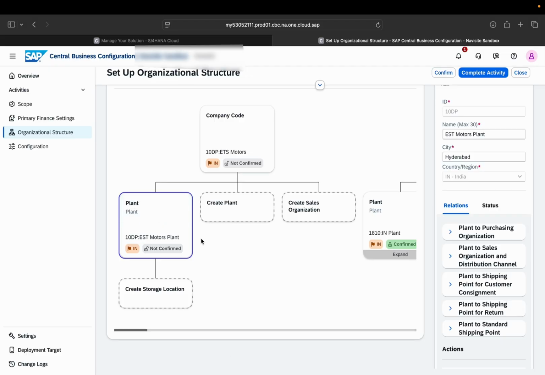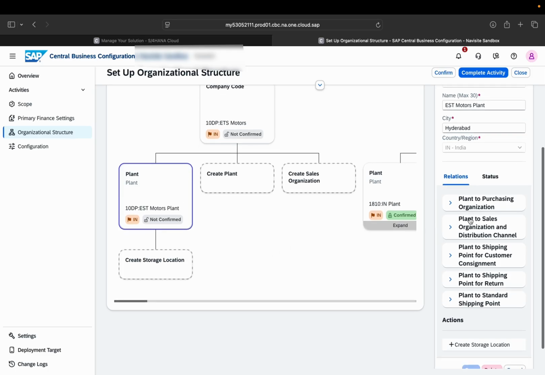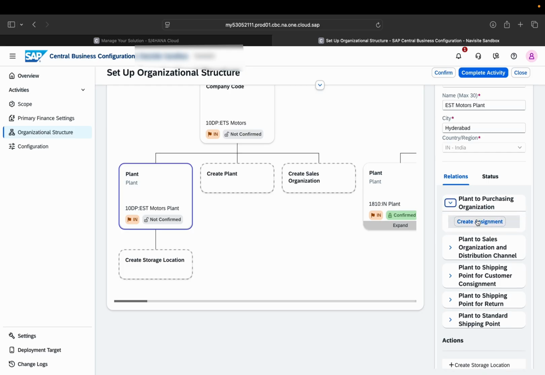Now I want to assign this particular plant to the purchasing organization in order to perform the activity from the purchasing side. Okay, so what I will do is, here in the relations view, you can see, either you can select this and directly go over here itself and click on assignment.